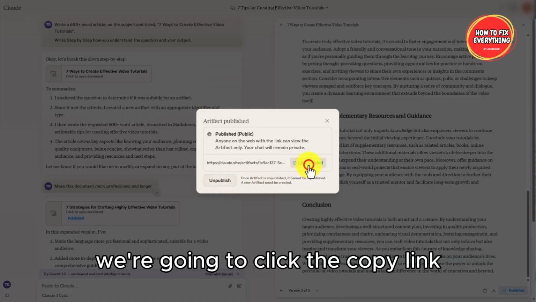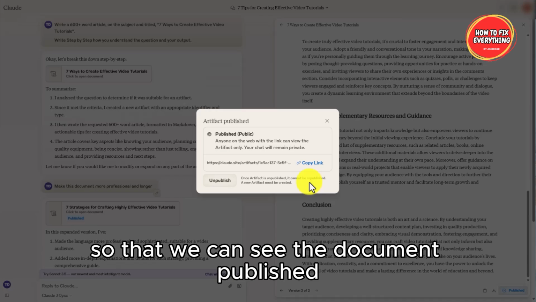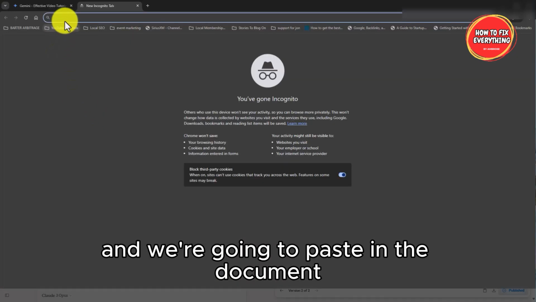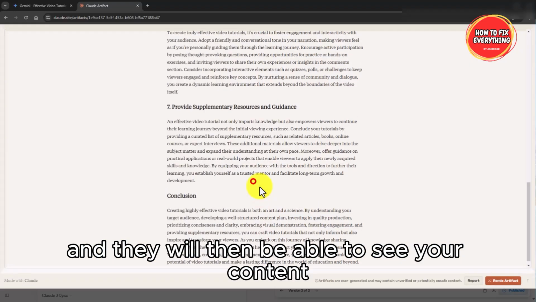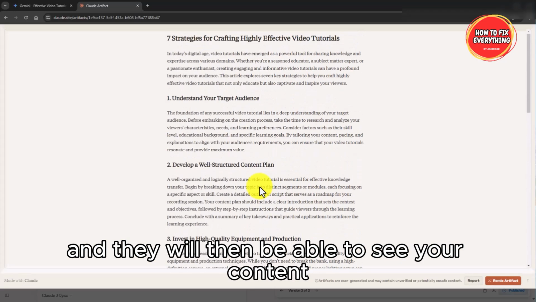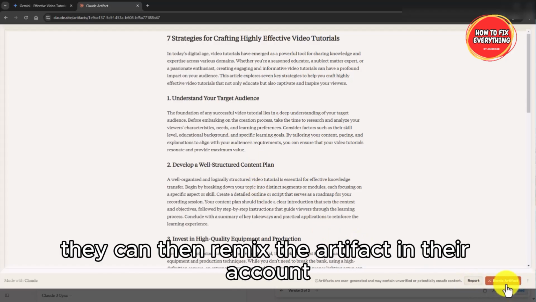We want to click the Copy link, and we're going to head to our browser so that we can see the document published. And we're going to paste in the document. That will give the person a dialog box, and they will then be able to see your content. If that person then has a Claude account, they can then remix the